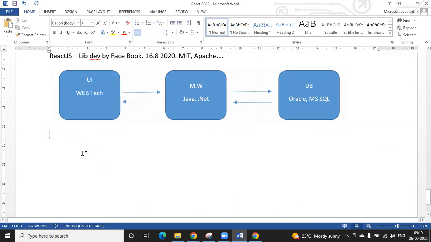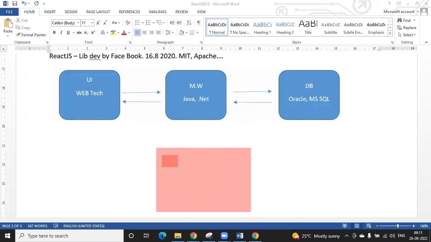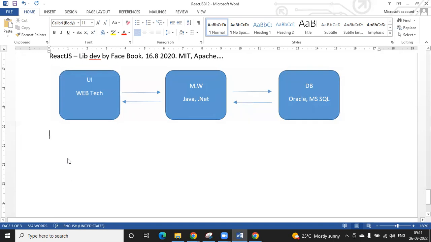If I want to use any library or framework, it should follow a certain architecture pattern, right? If I want to construct a home, I need a designer. I want to design it a certain way, so I need the ground and so many pillars. If I want to use React.js, can I use it directly? Yes, you can use it directly. But what are the design principles behind React.js?